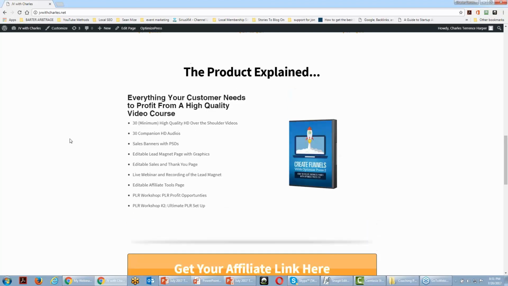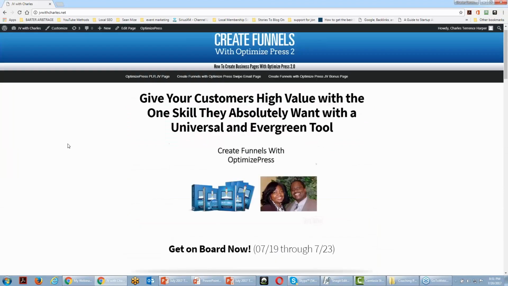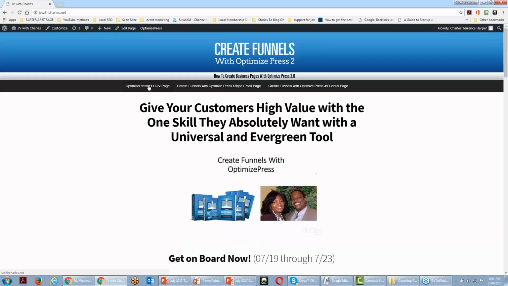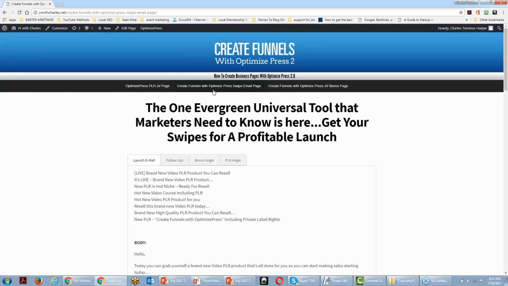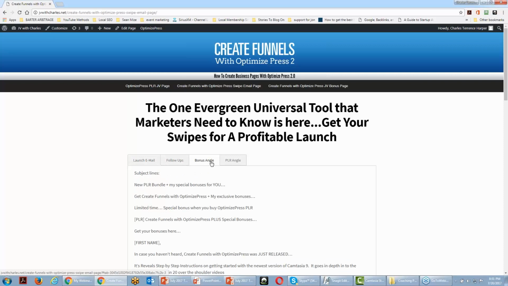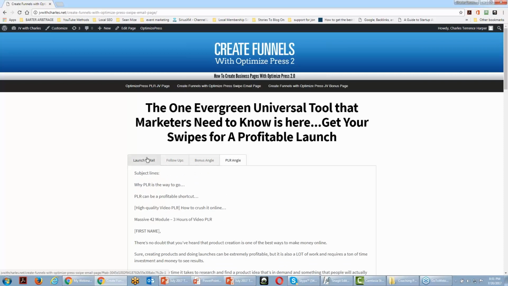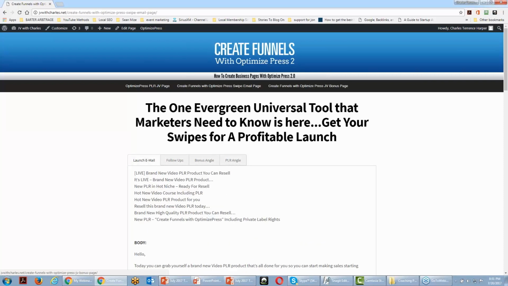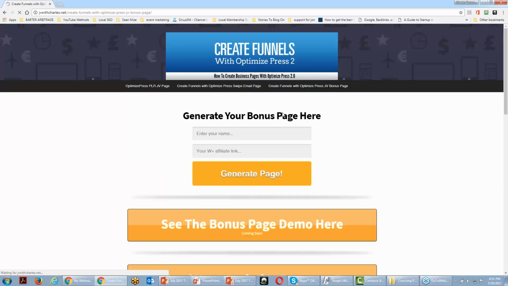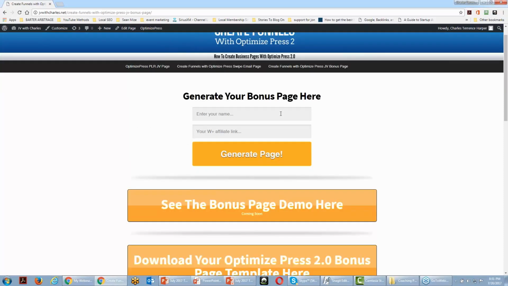Now, the affiliate page actually has a couple of components. You notice here I have in my menu a swipe email page. This feature is something that you can do in OptimizePress, and I'm pretty sure you can do it in other tools too. But if you don't have this, don't worry about that. You can probably do it in other page builders in a different way. But you do want to make the swipes accessible to your JV partners. Okay, and then I have the option for them to create their own bonus page,